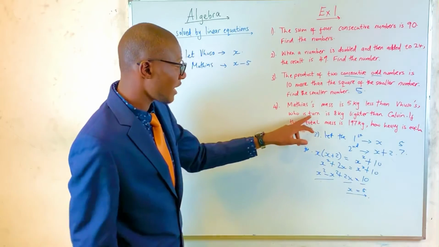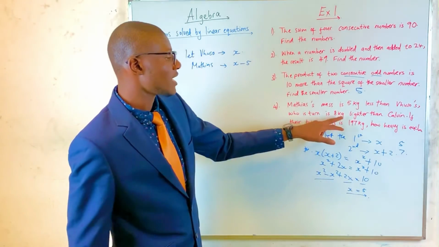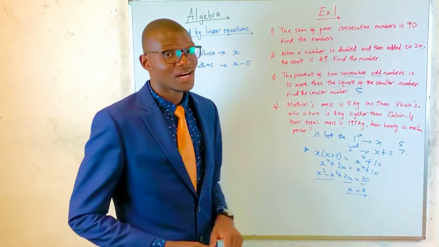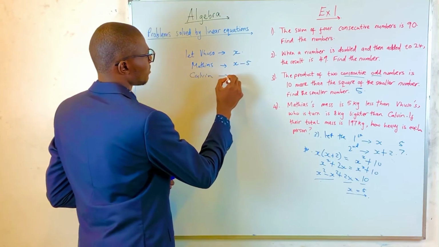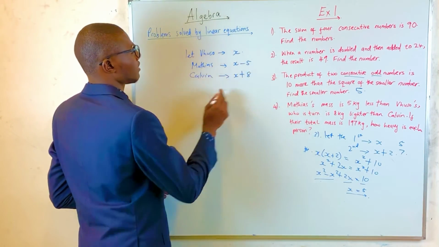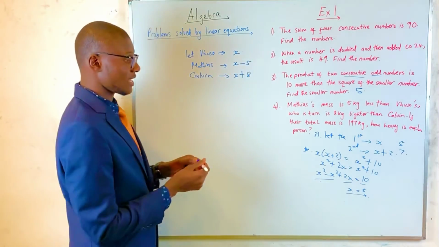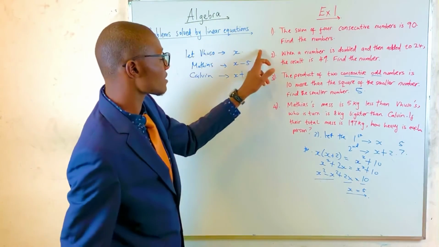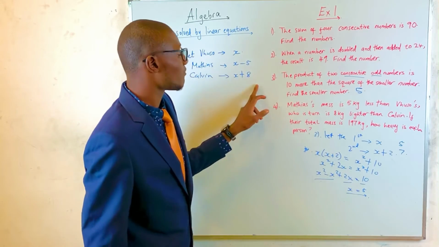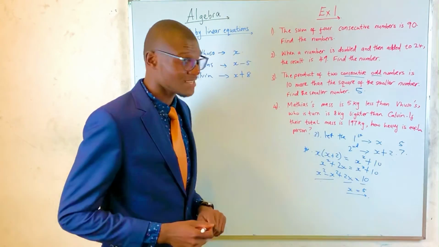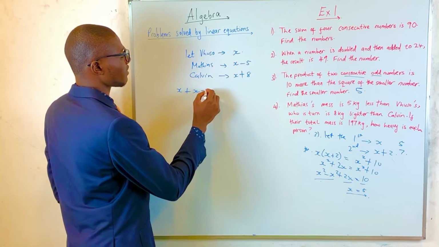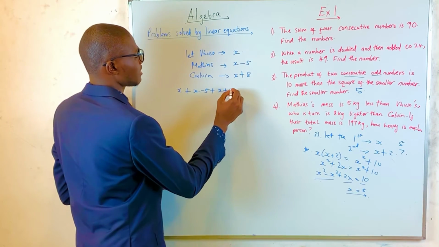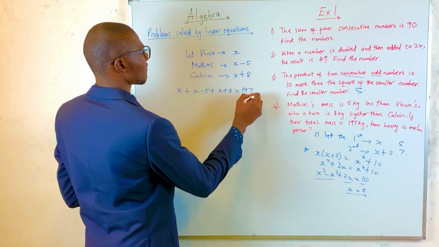Then we're told that Vusu is 8 kilograms lighter than Calvin. So it means Calvin's mass would be x plus 8. It will be Vusu's mass plus the 8. So we're told that the sum of these masses should give us 197 kilograms. So we're now simply saying x plus x minus 5 plus x plus 8 should give us 197, and we're